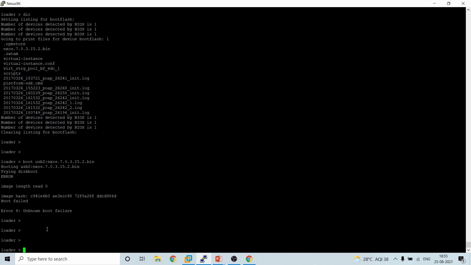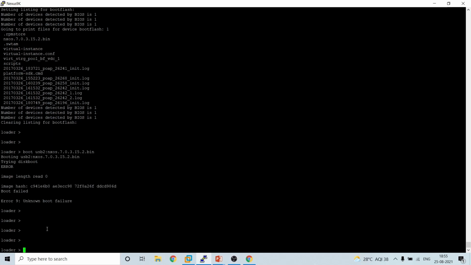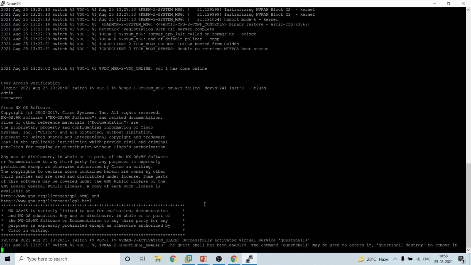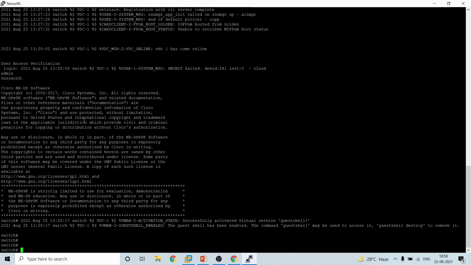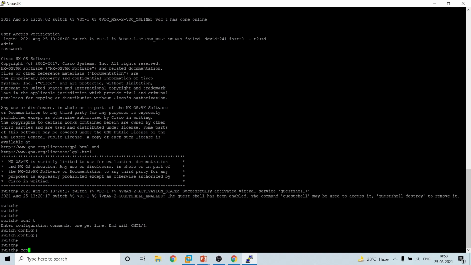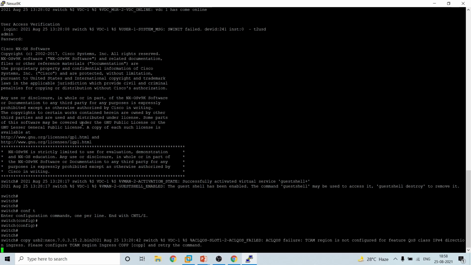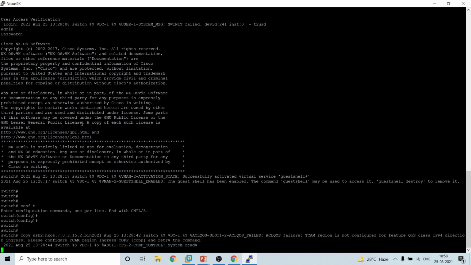I'll reboot this switch to the common mode, imagining that this has booted up. So now we have booted up the Nexus OS. Remember, we have booted this NX-OS from the USB. The next step is to copy the file from usb2, remember, to the bootflash.